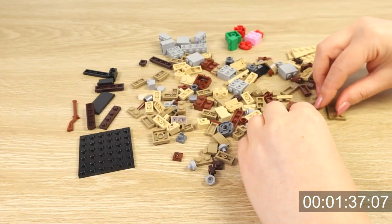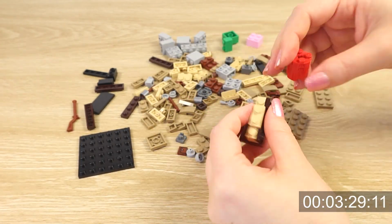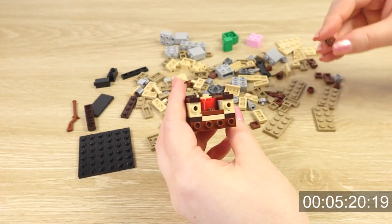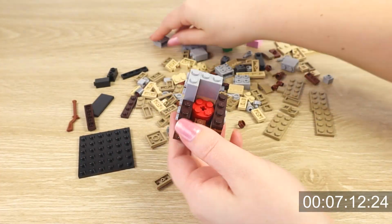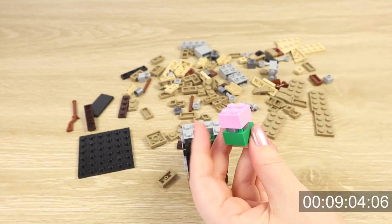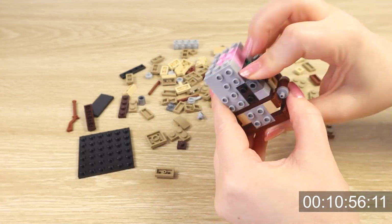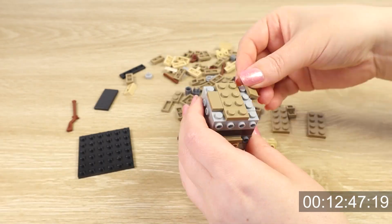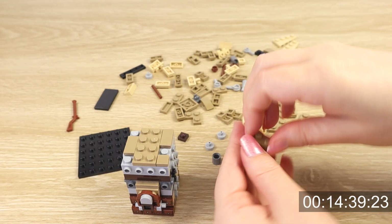The BrickHeadz Tusken Raider took me a little over 27 minutes to put together. Now, by comparison, the recently released Commander Cody took me about 22 minutes, and I think this was because the Tusken Raider took me longer to build because the bags were unnumbered. So I dumped them all out all together to be able to find all the pieces that I wanted for the instructions. By comparison, the Cody one, I was opening up each numbered bag, following along with the instructions, so I wasn't sifting through all of the pieces in the box to find the ones that I wanted,